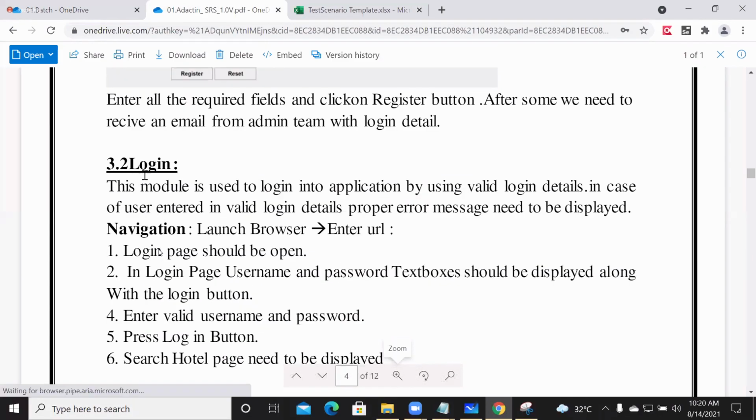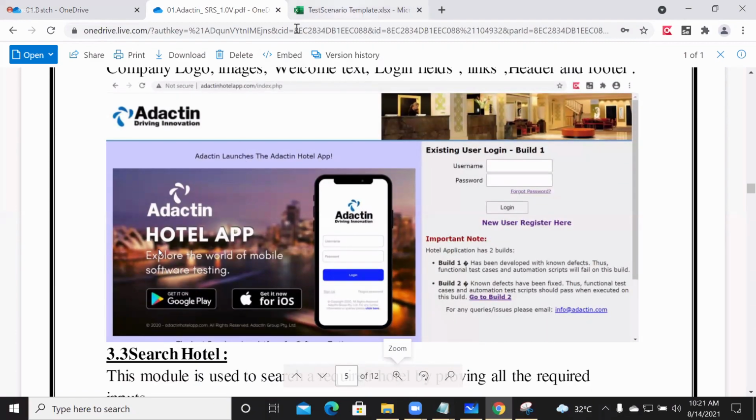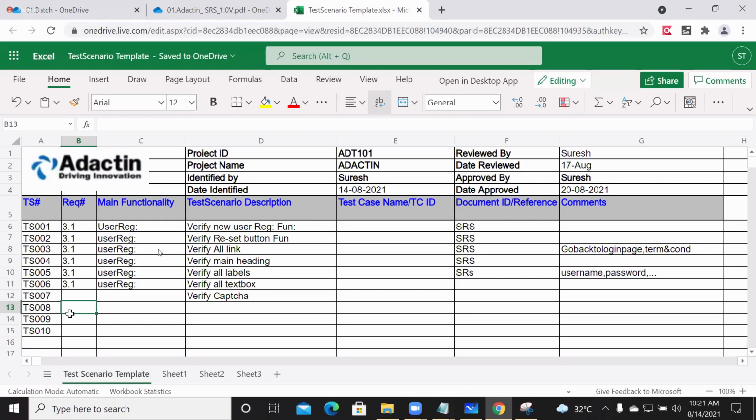Next, 3.2, related to the login page. Now, first I'm writing verify login functionality.